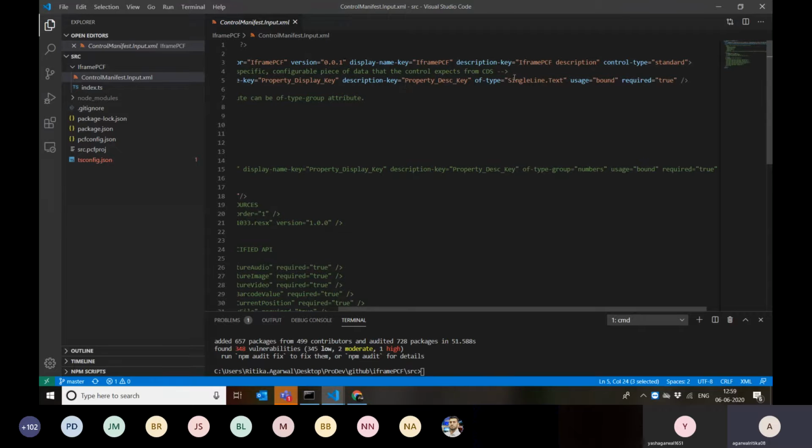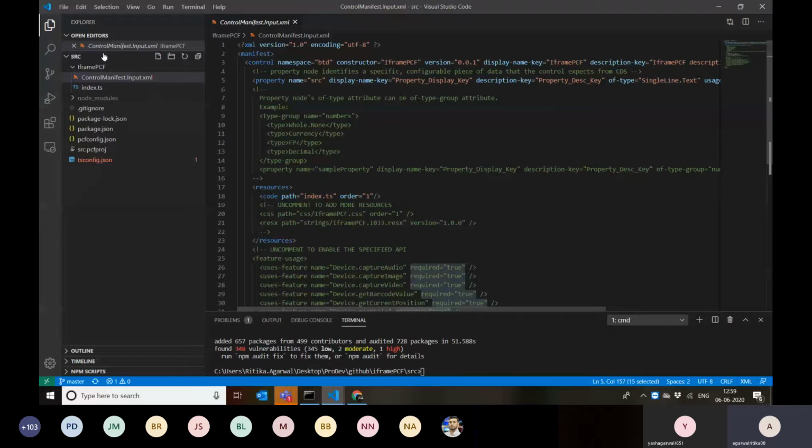Everything else is the same: this is a single line of text because that's how the URL is going to look, and this is a bound input property. For an iframe PCF to work properly, we need the source, so that is why we have marked this as required.